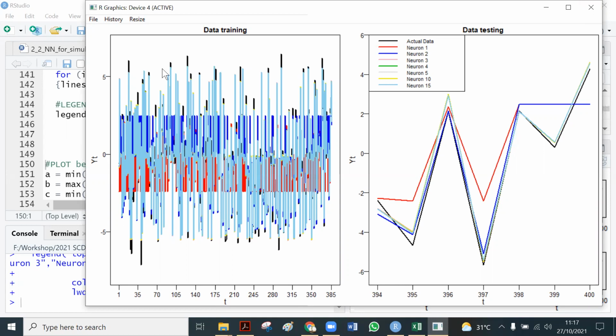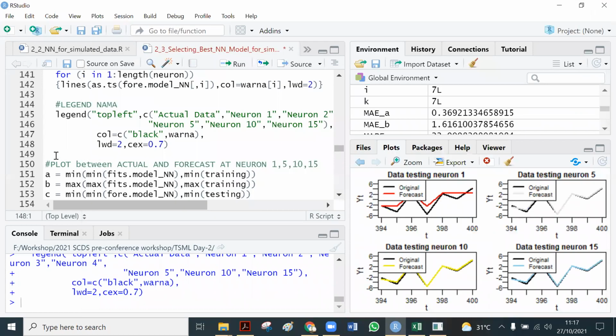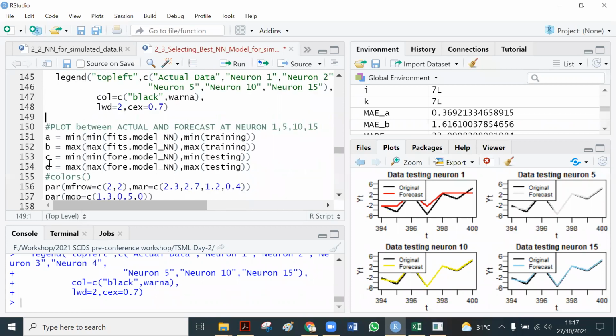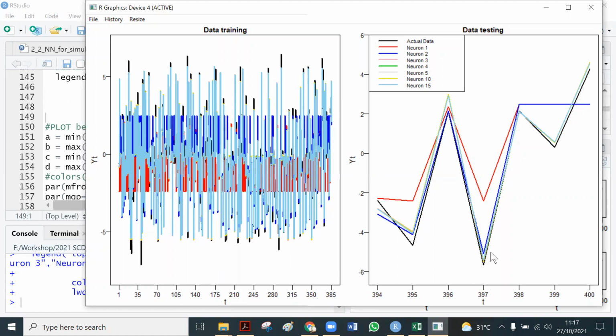Okay, if now I am working in this active window and I create another plot, the new plot will replace the existing plot, or the active plot.